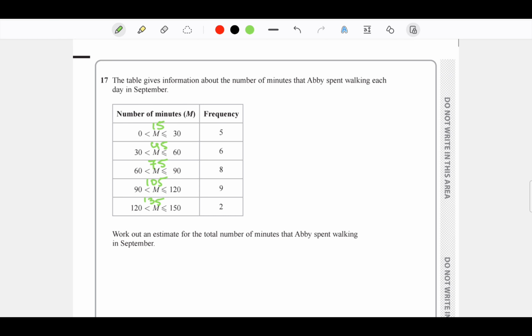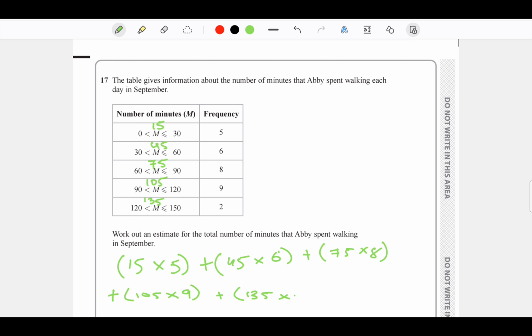What we're going to do is take our average numbers. In this case, the first one is 15 minutes, multiplied by the frequency. We're going to add that with the rest of it: 45 times 6, 75 times 8, 105 times 9, 135 times 2,